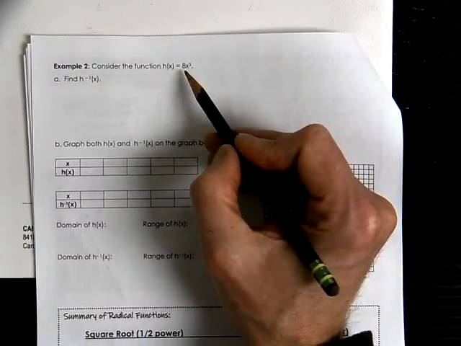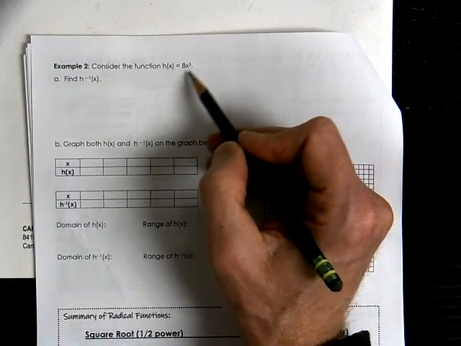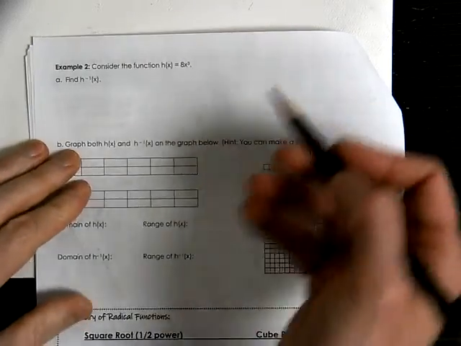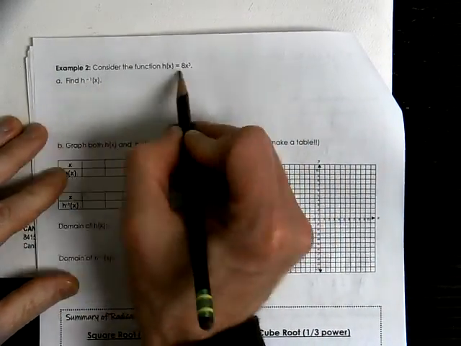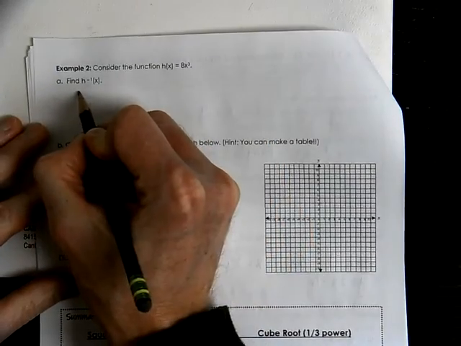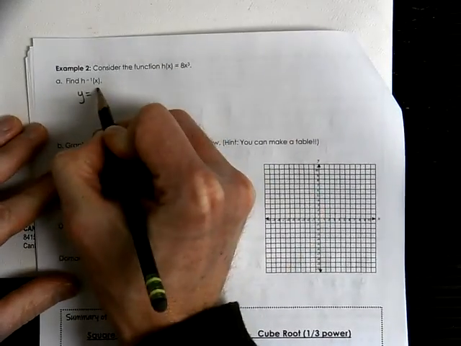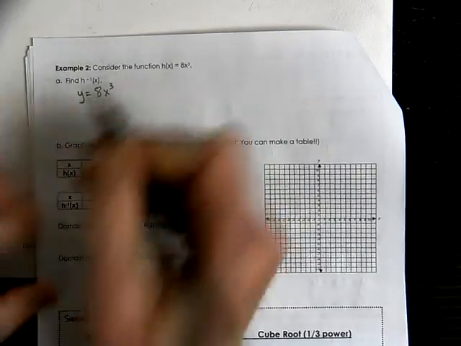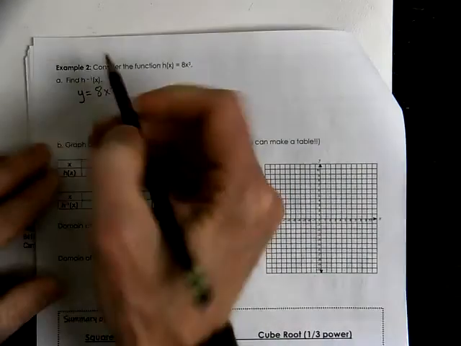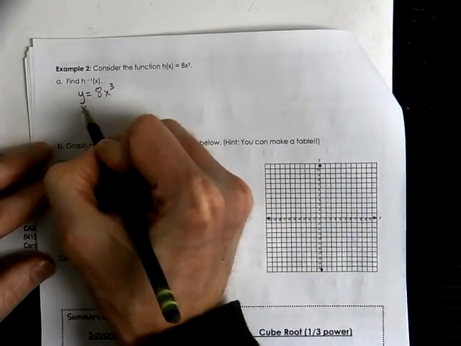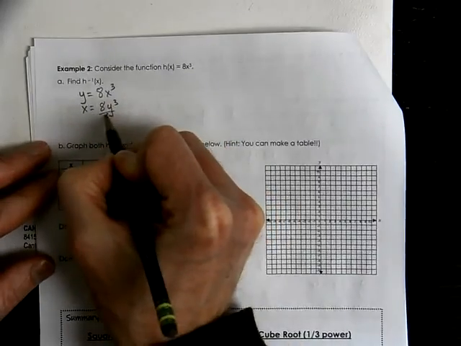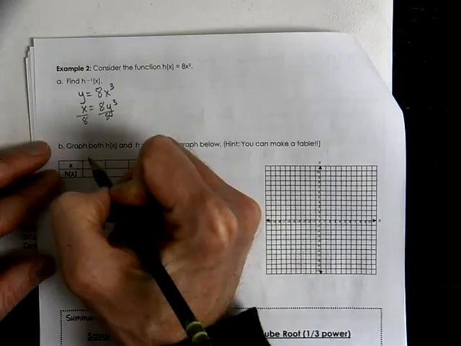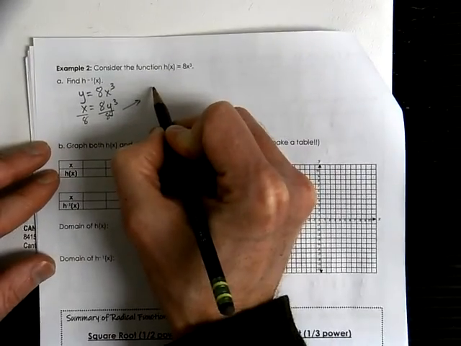Now we're going to look at x cubed. What is x cubed going to look like? Well, let's talk about finding our inverse. We'll start out with y equals 8x cubed. So we'll switch our x and the y. We'll divide by 8. So that's going to give us